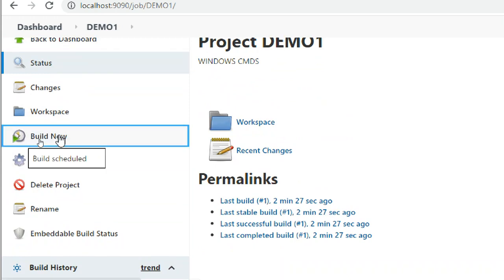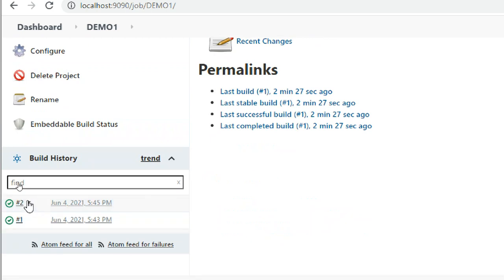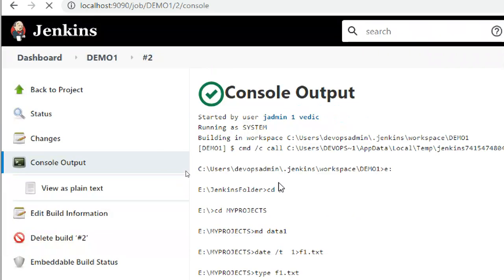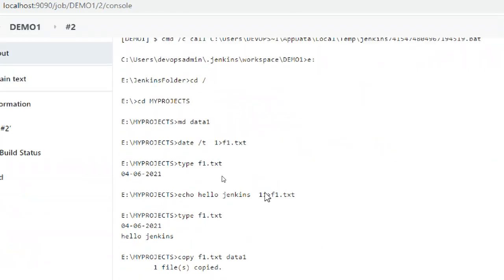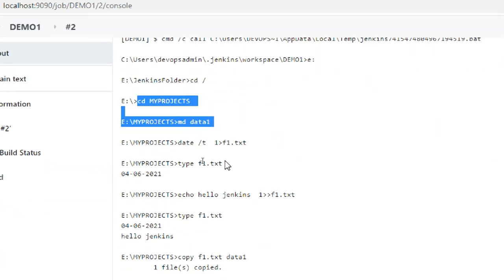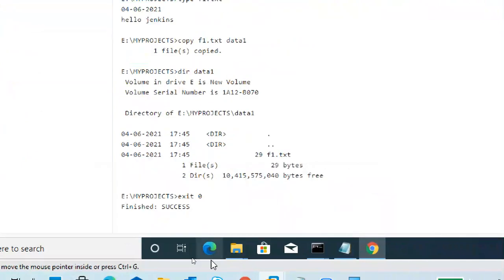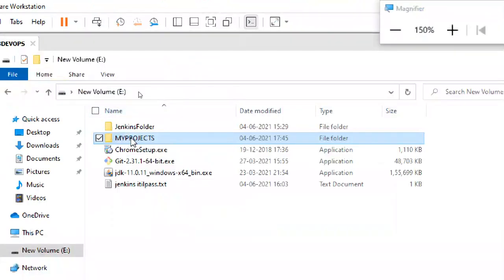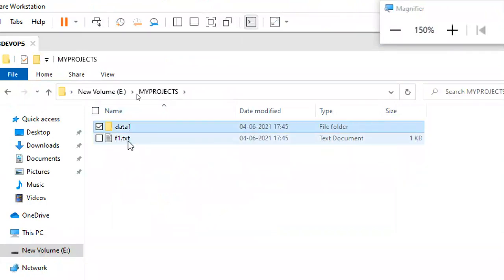Again, build now. Continuous development. See, again build now. Go to the console output and see here it is now. It changed the directory. Same output, but the folder is created under projects like this.